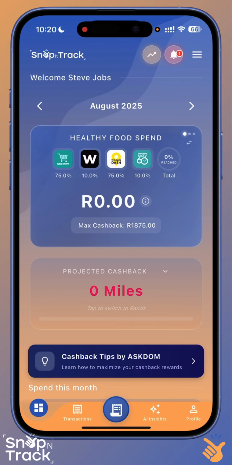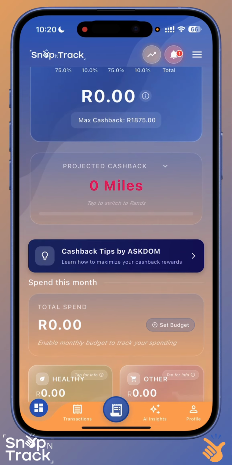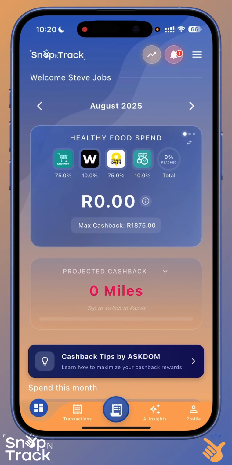the app just to show you a couple of the features and how to get started. So after you've set up your initial settings with Discovery and put in all your settings, you'll be taken to the dashboard. Now, the dashboard is obviously just a quick view of all your transactions that you've processed through the